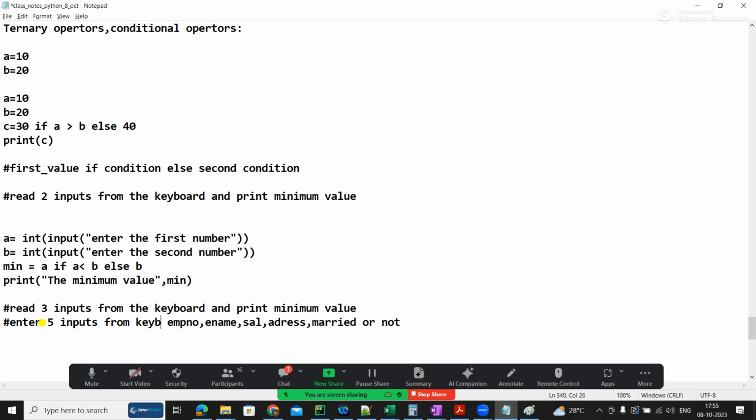Enter 5 inputs from keyboard, like int of employee number, employee salary and all. We have to take that input, married or not, and display the information. This is also simple, just try to do this.